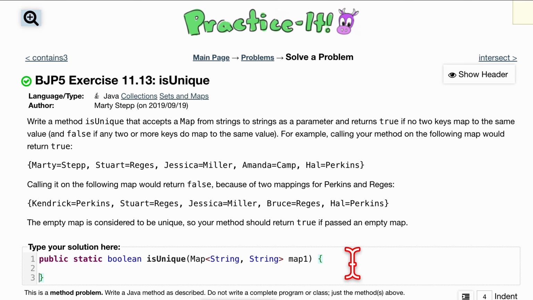11.13 is unique. We're writing a method called isUnique, and it's going to accept a map from strings to strings as a parameter, and it's going to return true if no two keys map to the same value, and false if any two or more do map to the same value. We have an example here, but essentially it doesn't matter what these keys are, but if